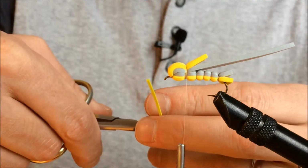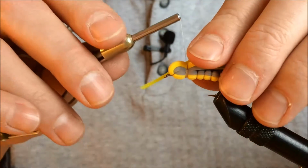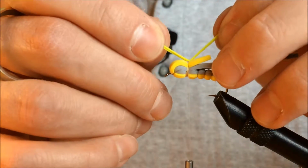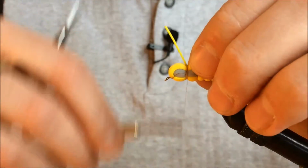We're going to tie those in just like this. I'm going to tie them in on the top. I actually prefer the back to be a little longer than the front, so you'll notice this is longer than that. Get about 3 loose wraps,